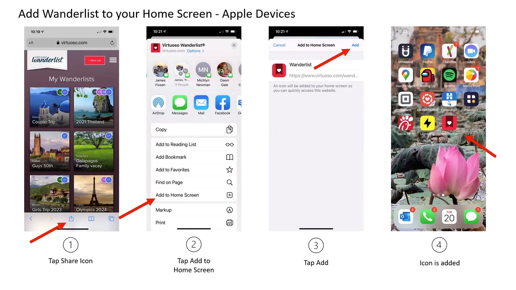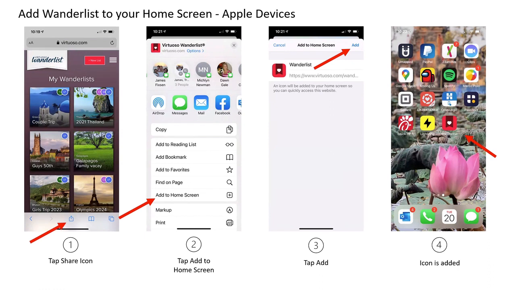I have an iPhone, so I could take screenshots. Once the client is logged in, they open Safari or whatever on their phone, they're logged into Wanderlist. They just click at the bottom the share icon for step 1. Step 2, add to home screen. Step 3, add. Boom. Apple creates an icon and populates it on their home screen. So every time now they want to go into Wanderlist, it feels like a native app. They just click this icon and bam, they're in Wanderlist. So it's a great trick to make this feel simple for clients.